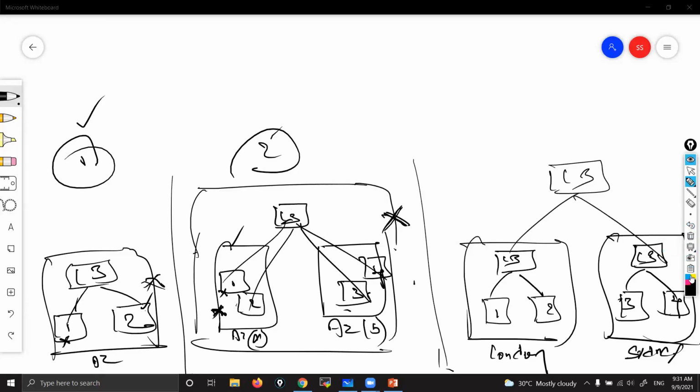I'm repeating, guys. Load balancer is an internal component of any region. So you can keep it inside a region, but you can't take it out of that region. That is not possible. That means you can't have a load balancer here. You can have it inside a region. So that means a load balancer cannot protect us from regional failures. Correct? At the regional level, we don't have anything to help.